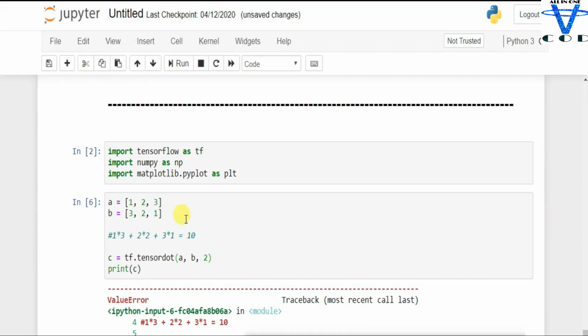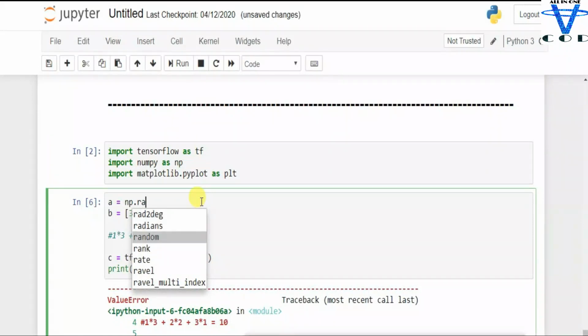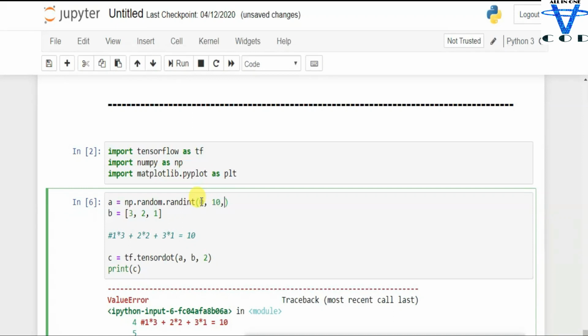So if we have an array like this, let's say np.random.randint, let's say lower is 0 and upper is 10, and we want 10 elements.